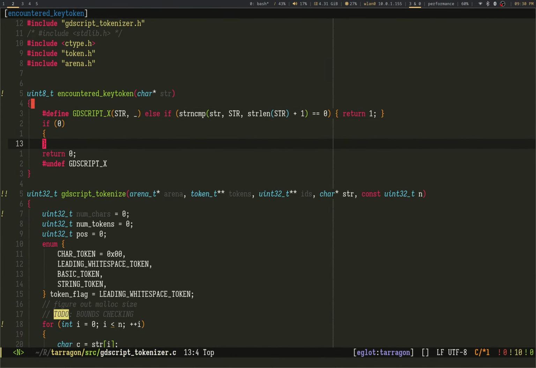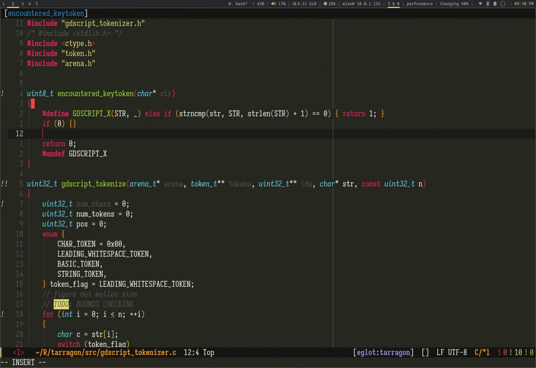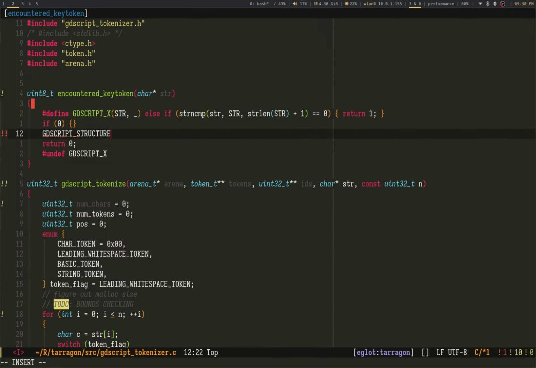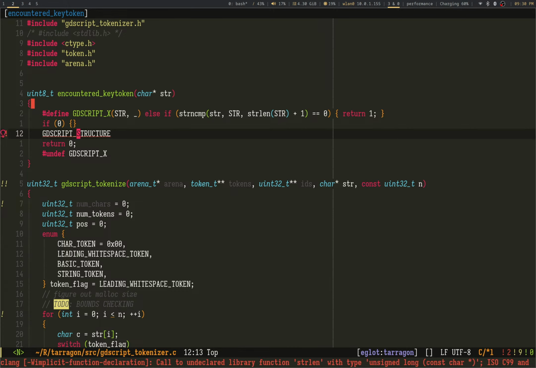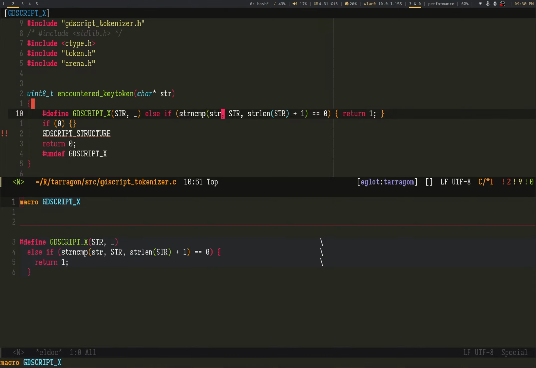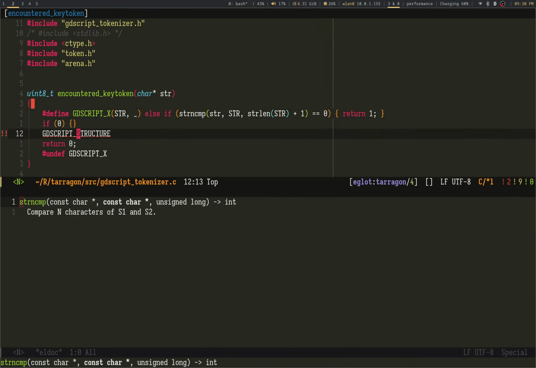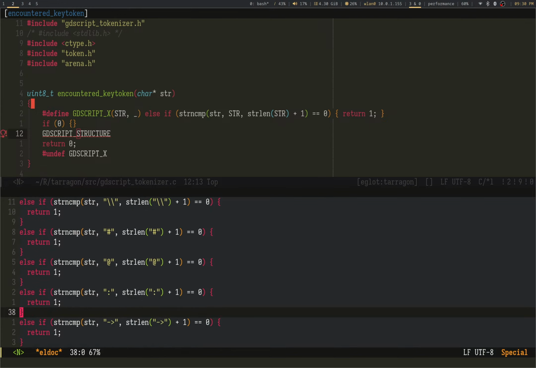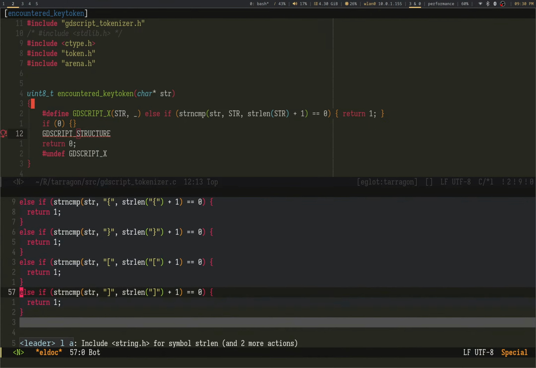If, let's say 0, and then GDScript. Let's see how this is getting expanded, because hopefully something is not expanding to that, which, as you can see, is not the best. Not the best.